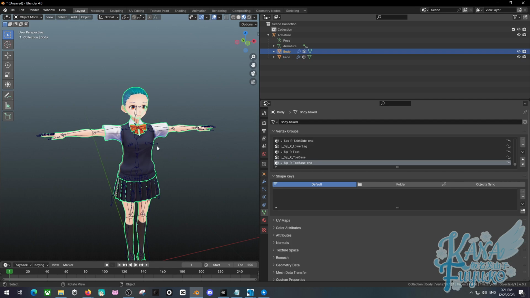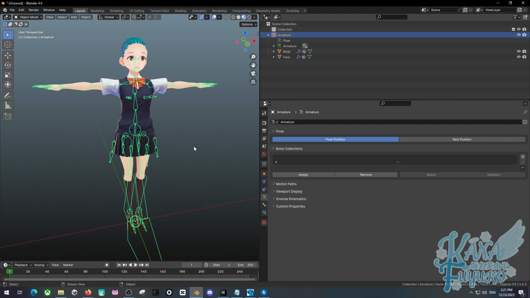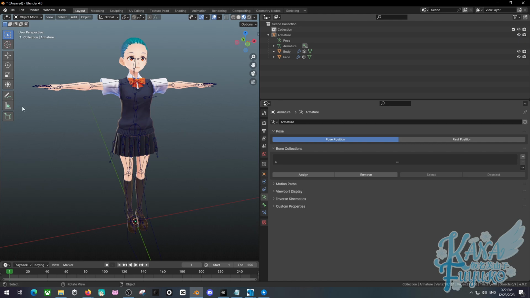Now again, I don't want to go over how to debug a model in this tutorial. I want to keep it more towards getting this 3D model from Blender into MMD. But I will say, if you are struggling and for some reason Blender things are not working, feel free to comment below or join my Discord server and ask away. I should also have a tutorial on basic weight painting if you want to check that out. Again, I have other tutorials on this channel, or you can check out tutorials from, let's say, Royal Skies or something. They do have good tutorials I recommend. But either way though,